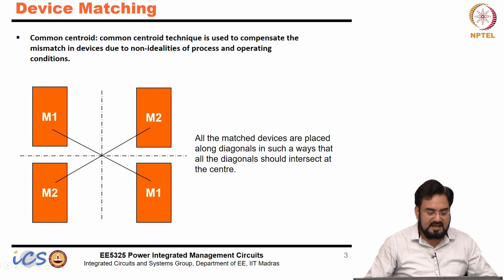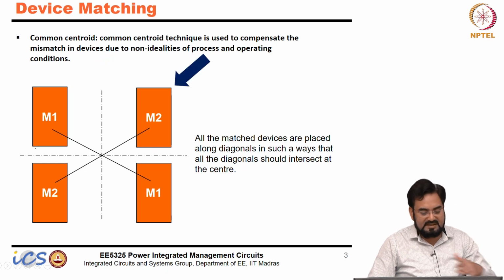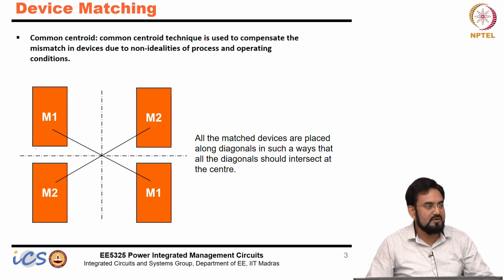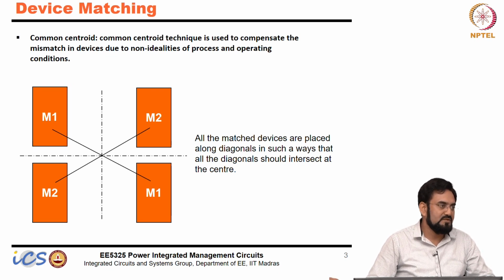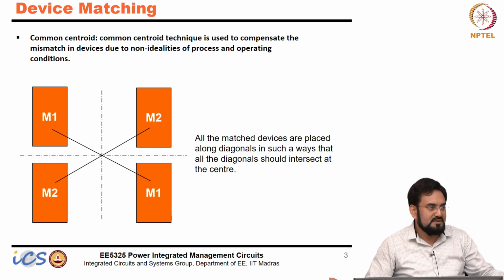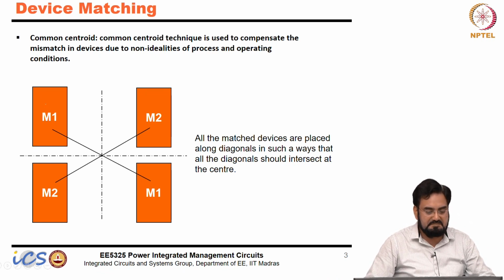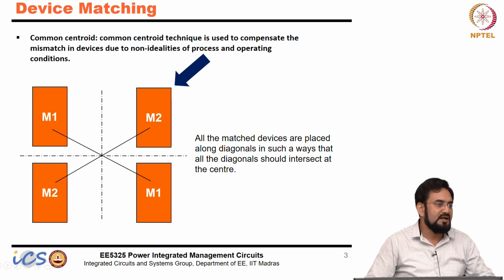Now let's say I use a single device M1 and M2 instead of splitting them. You place one on the left hand side, the other on the right hand side. They will see different conditions because the temperature here might be different than this, or when the oxides and other diffusions are grown, they have some gradient. So the thickness of oxide looking at M1 might be different from M2. If you consider a linear variation going from left to right, it's going downwards, so the thickness here might be more compared to this, and your VT will change.